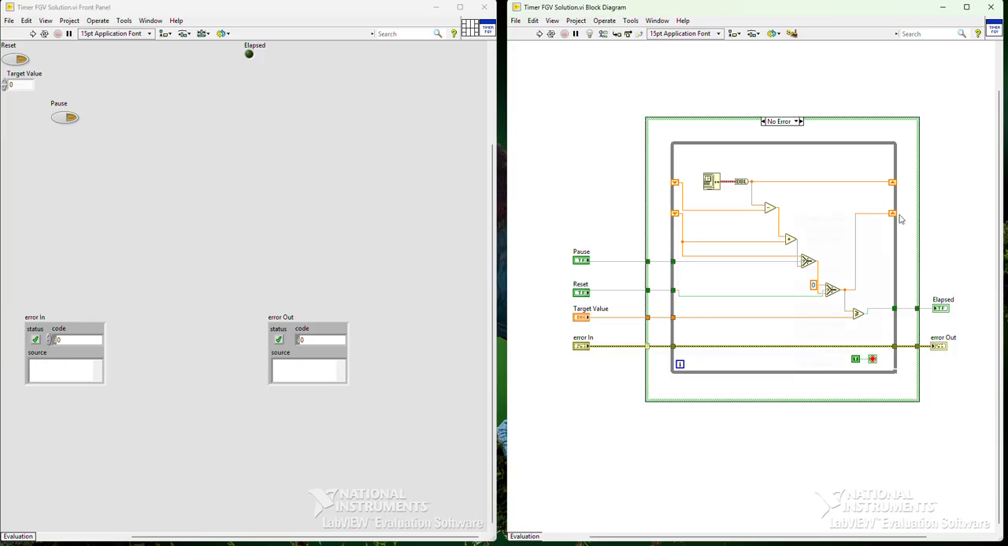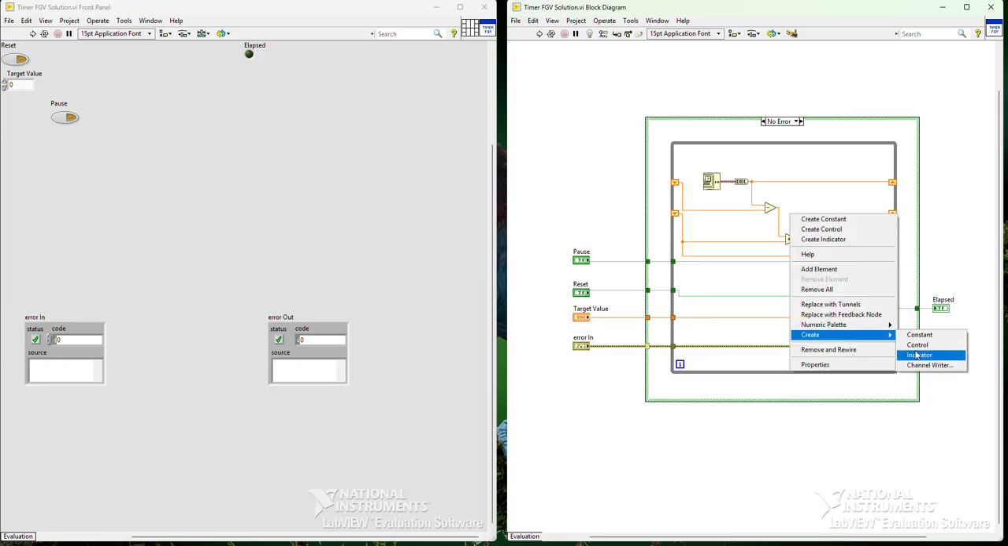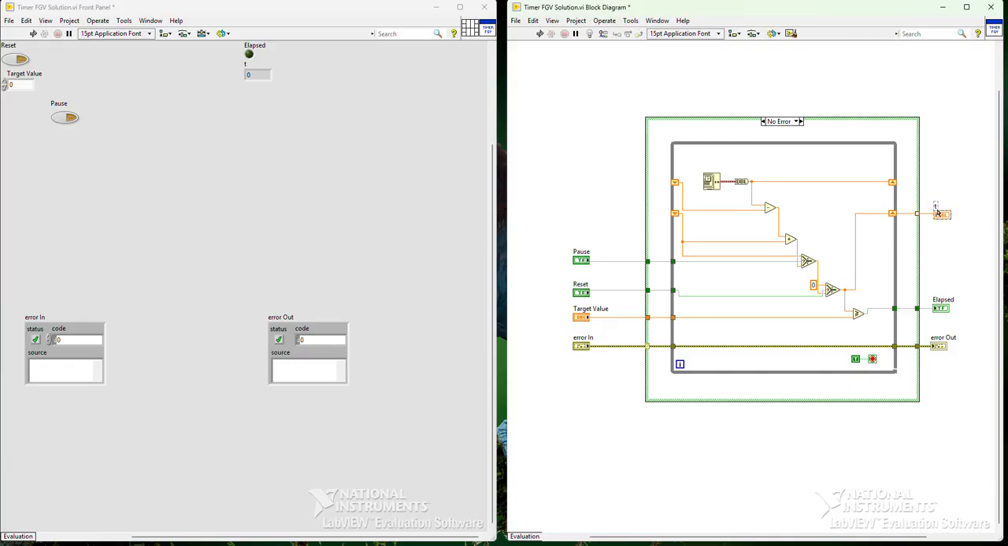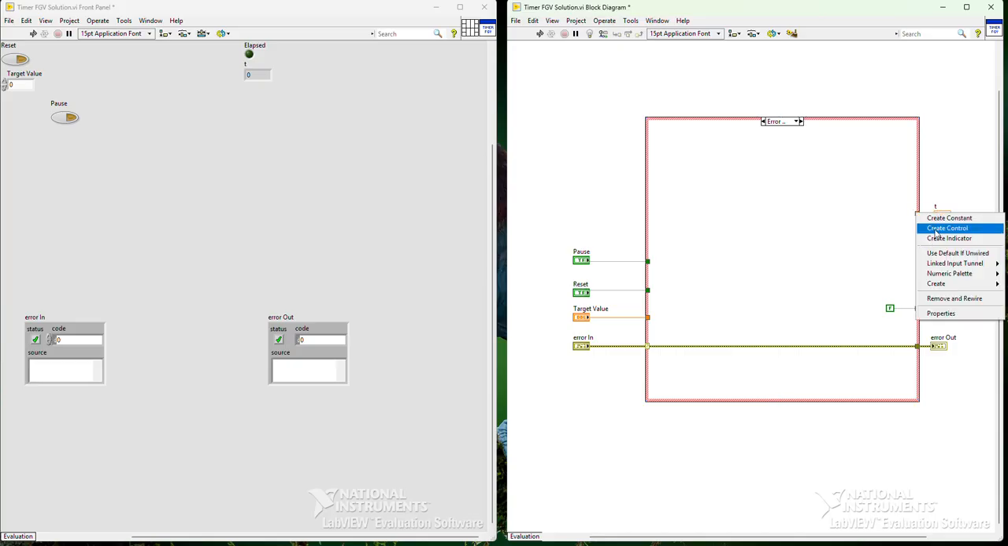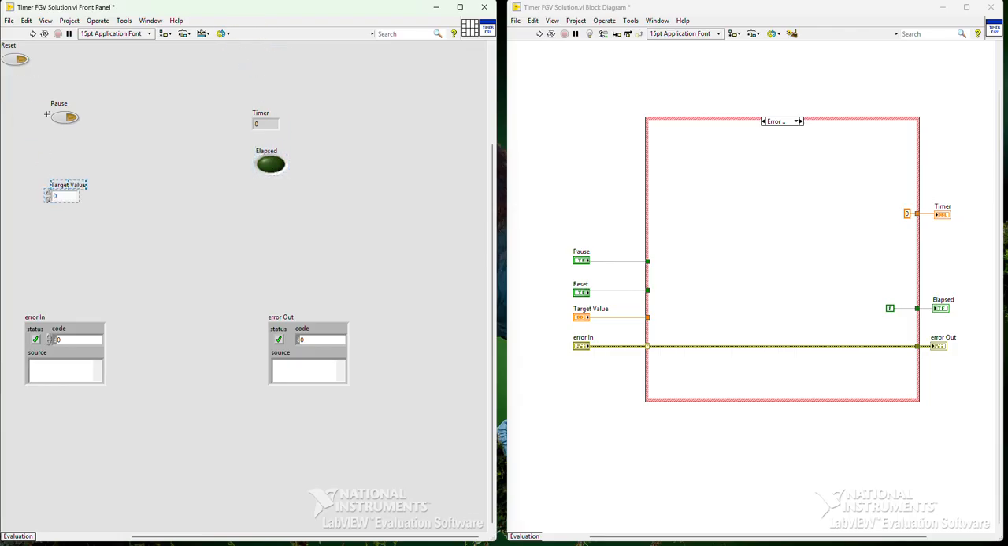Perfect. So this is your elapsed time. Then I create an indicator. This is my timer. This is my actual timer, yeah. So I got the timer there and I can check my value is elapsed or not in this way. And this is my target value and I can even pause or